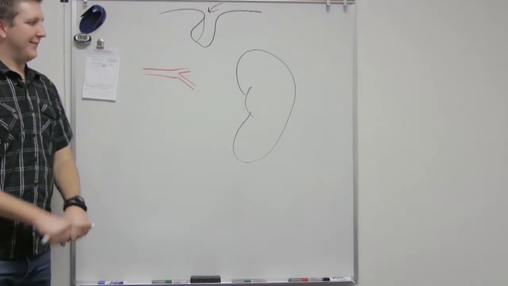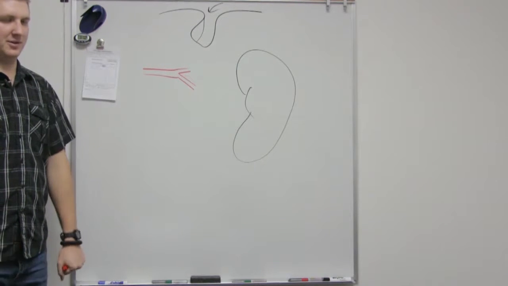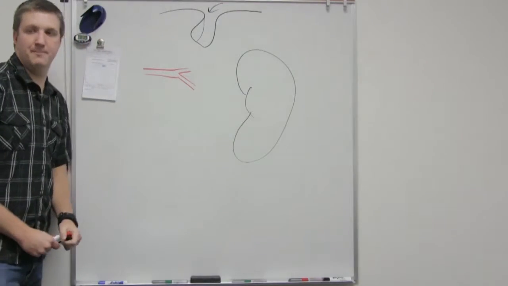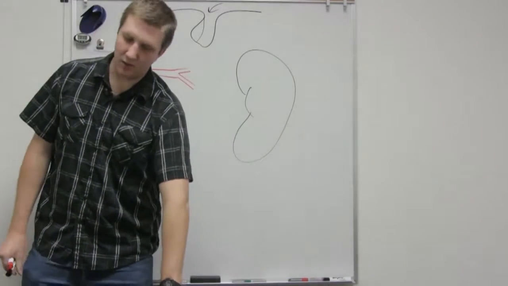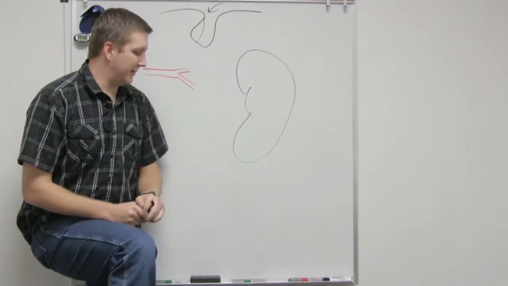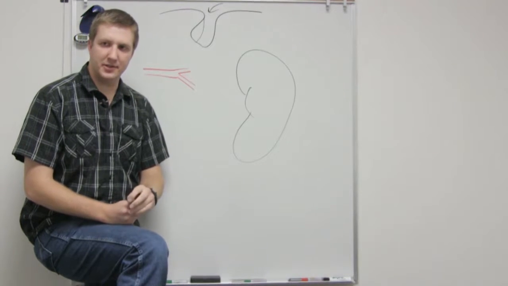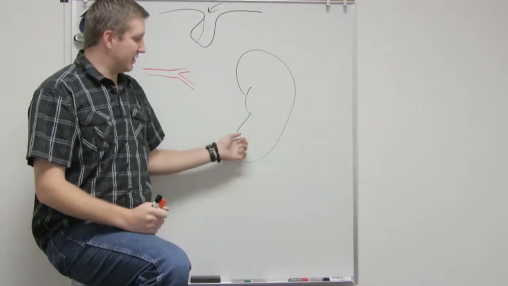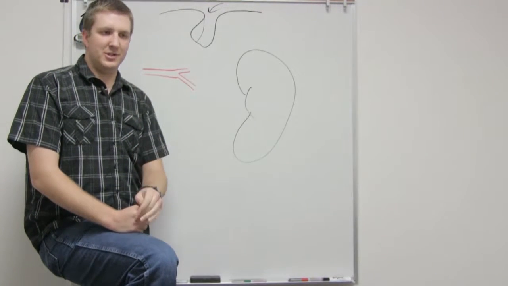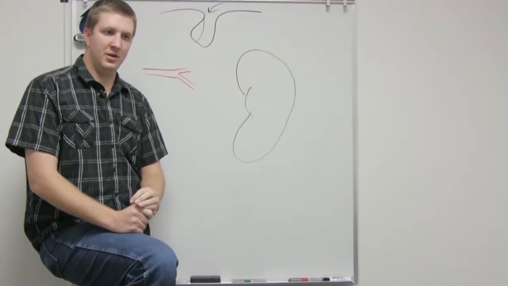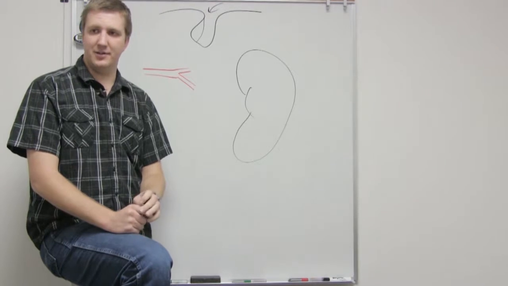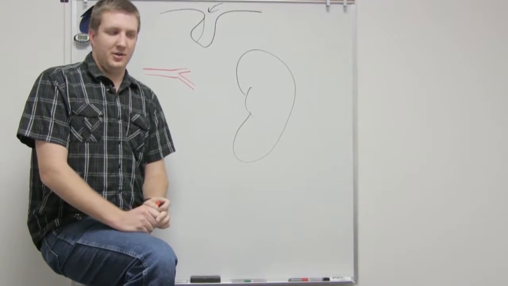Okay, and then we have osmoreceptors. What's an osmoreceptor? Detects the change in osmosis. Good. Yeah, so it measures how concentrated our blood is with solutes. So we don't want to be too concentrated, we don't want to be under-concentrated either. So this mechanism only reacts to over-concentration. We have too much solute in our blood, so basically we're dehydrated. Right? We're dehydrated, that means we don't have enough water. We probably have plenty of solutes, but we don't have enough water. So,